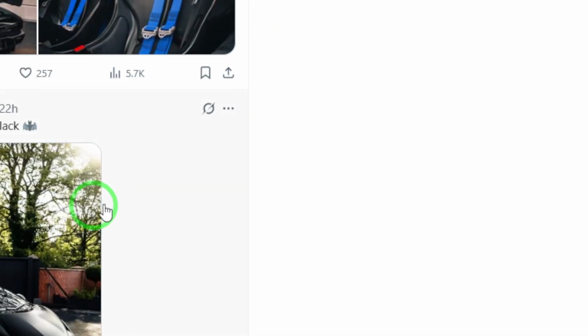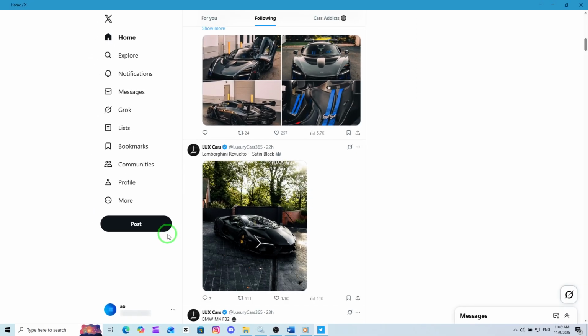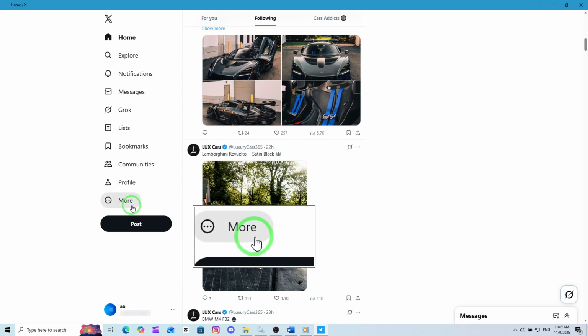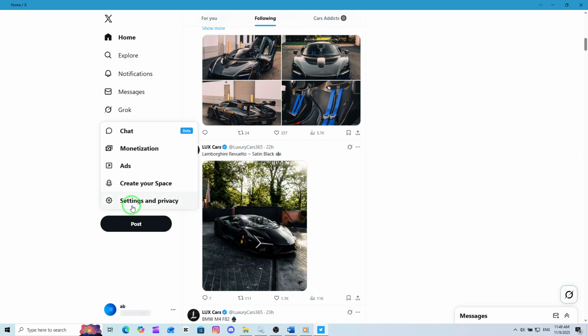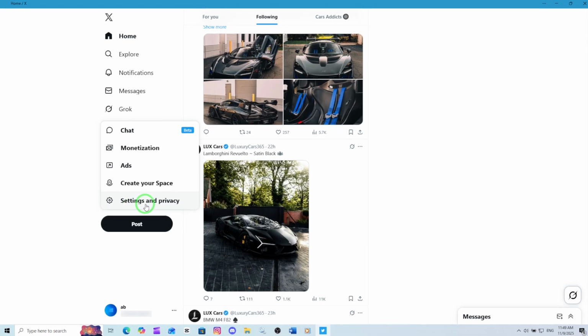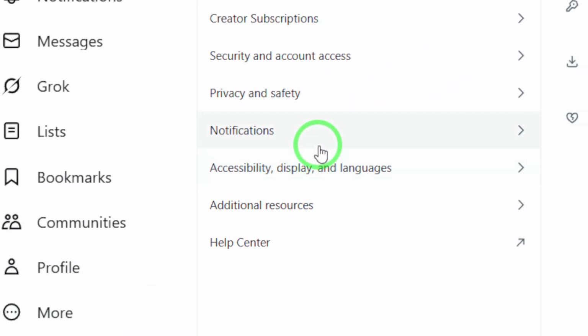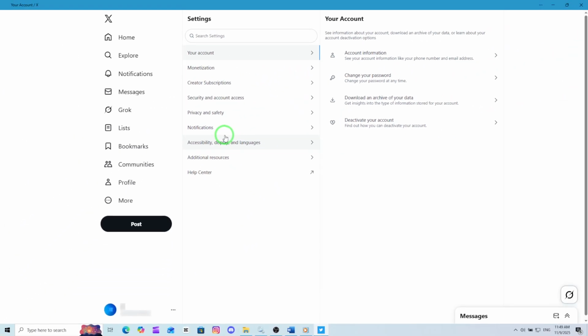Once you're on the main home screen, look to the left side of the page where the main menu sits. Scroll down a bit and click on More. This will open up an extra list of options that leads you deeper into your account settings. Next, select Settings and Privacy. This area is where you can manage everything about your experience on X, from security and notifications to how your